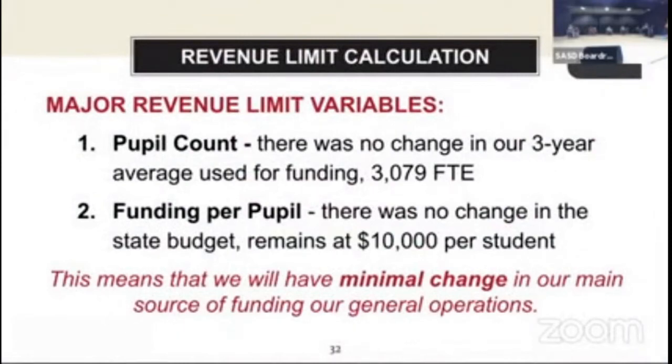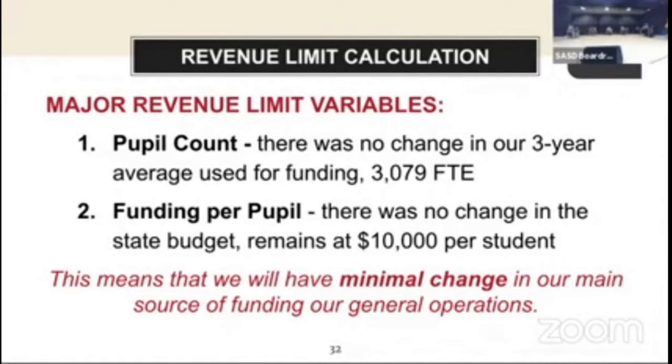So the revenue limit formula is a couple pages long, but when you really get to the nuts and bolts of what makes the majority of it, it's your 3-year average pupil count and the funding per pupil. This year, our 3-year average pupil count had no change from last year, and that's because our actual pupil count